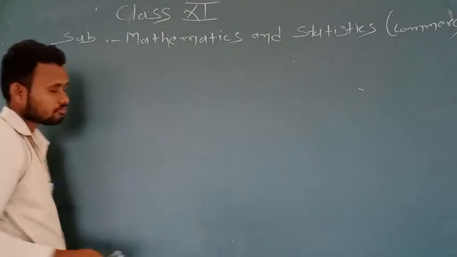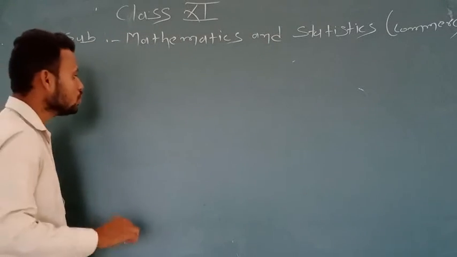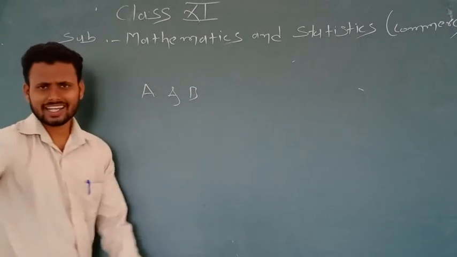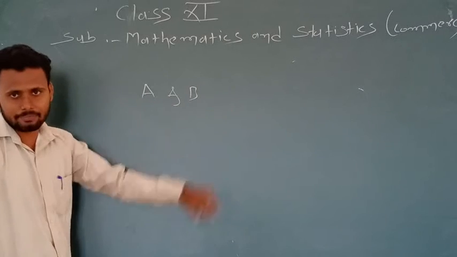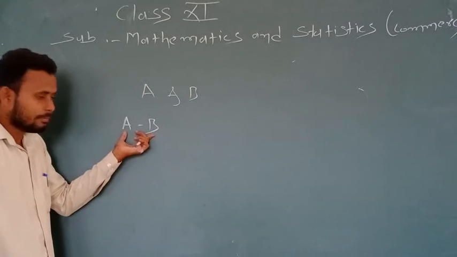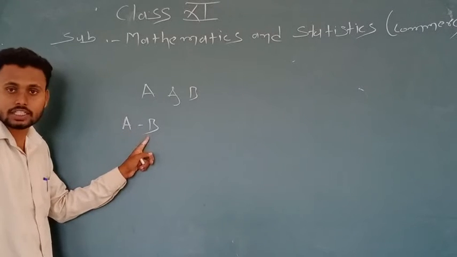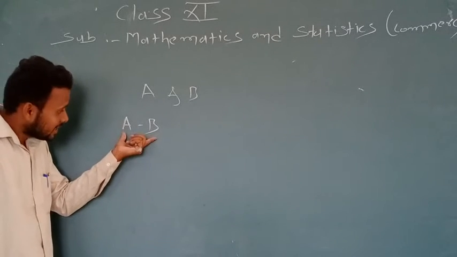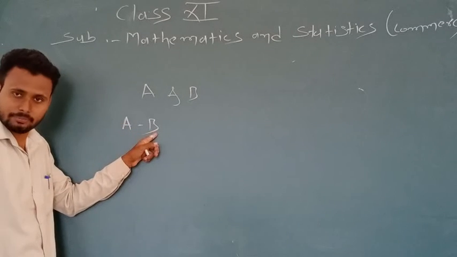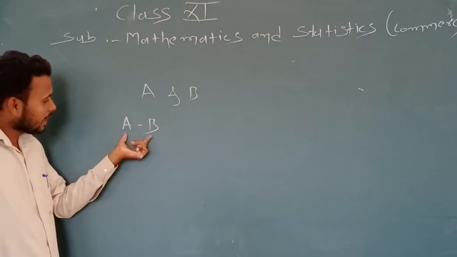Now next definition is difference between two sets. Suppose there are two sets A and B. Then A minus B is called the difference between A and B, and is the set of all points which belong to A but do not belong to B. ठीक है, suppose there are two sets A and B,